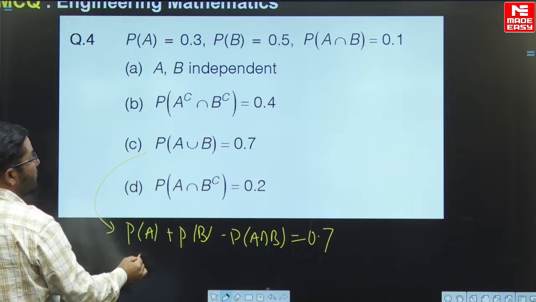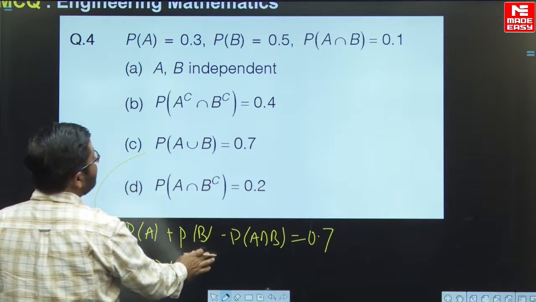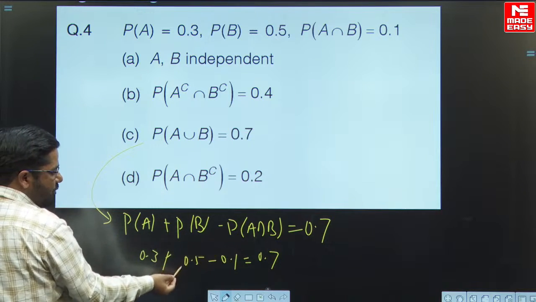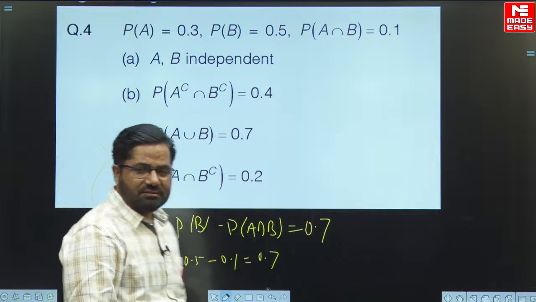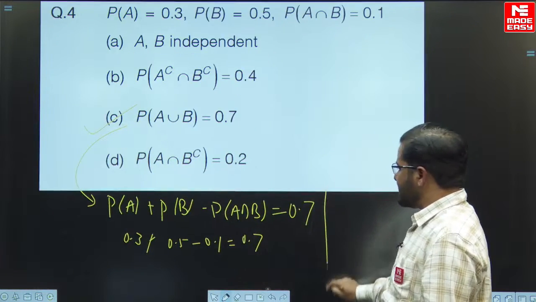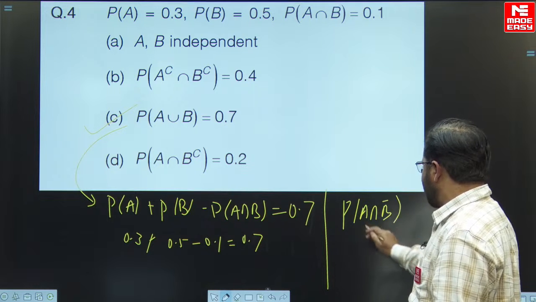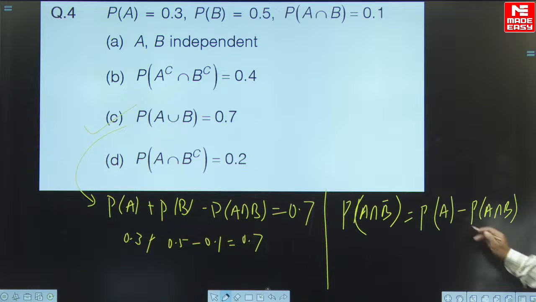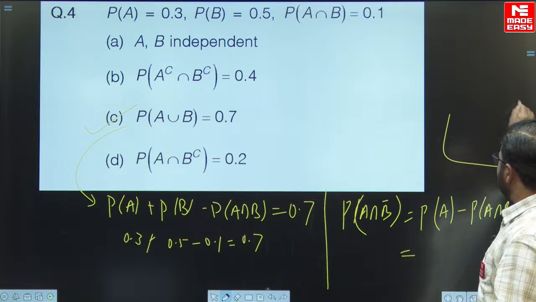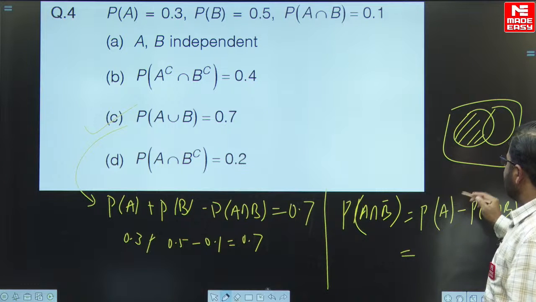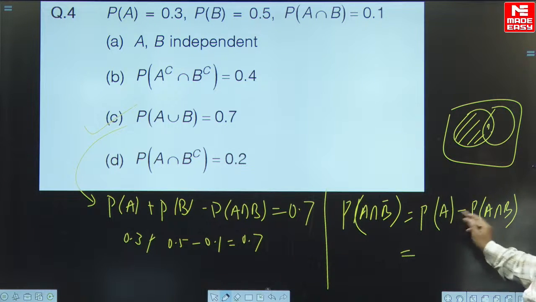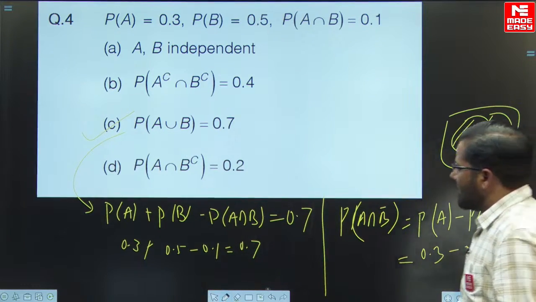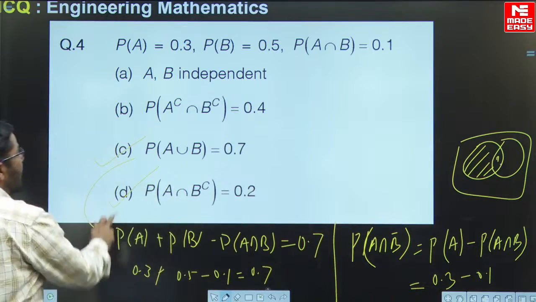We have used addition theorem of probability. Probability of A is given in the question is 0.3 plus probability of B is 0.5 minus 0.1 equals to 0.7। बेटा LHS equals to RHS, देखो 0.7 equals to 0.7, it means option C is the right answer। अब ऑप्शन नंबर डी पे चलते हैं। ए इंटरसेक्शन बी बार की प्रोबेबिलिटी, इसका मतलब होता है प्रोबेबिलिटी ऑफ ओनली ए। प्रोबेबिलिटी ऑफ ओनली ए can be calculated by using this result, probability of A minus probability of A intersection B। देखो वेन डायग्राम से प्रोबेबिलिटी ऑफ ओनली ए ये रहा, तो प्रोबेबिलिटी ऑफ ए में से इंटरसेक्शन की प्रोबेबिलिटी सब्ट्रैक्ट कर दो, आंसर आता है। तो 0.3 माइनस 0.1 it is 0.2, it means option D is also correct। ऑप्शन डी भी सही है।